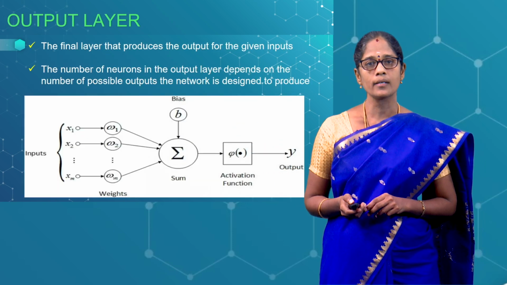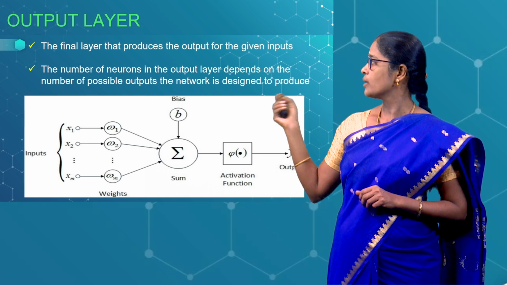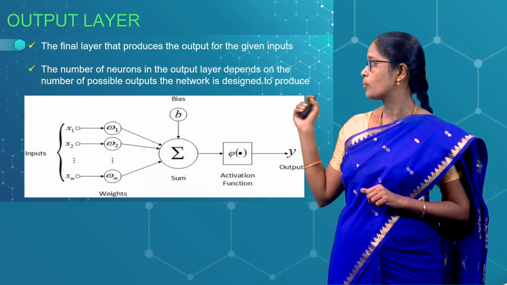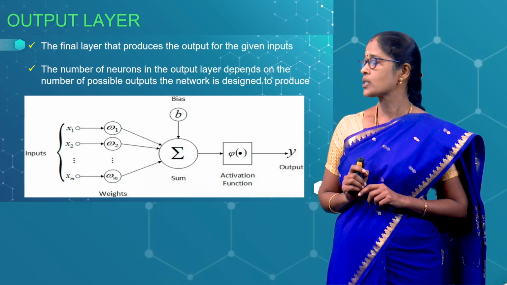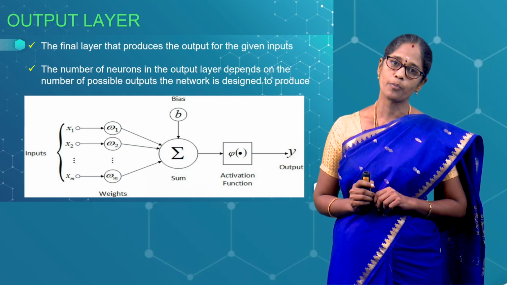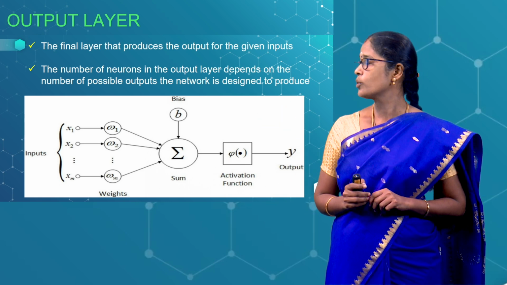Moving on to the last layer, called the output layer. The final layer is the output layer, which produces the actual output of the model from the given inputs, and the number of neurons in the output layer depends upon the number of possible outputs the network is